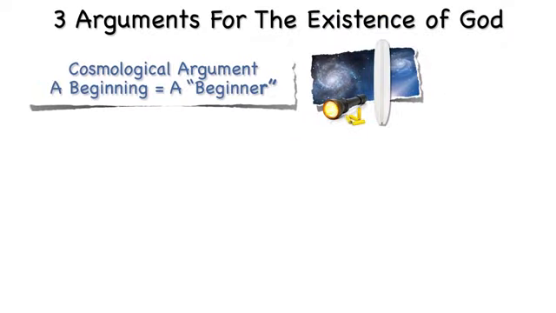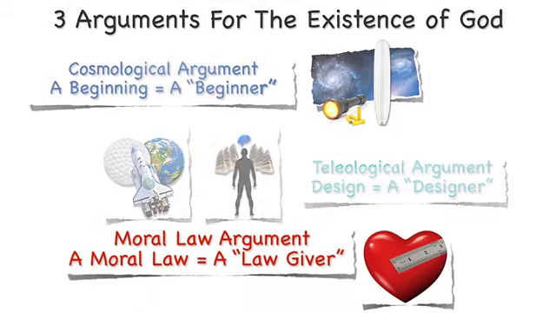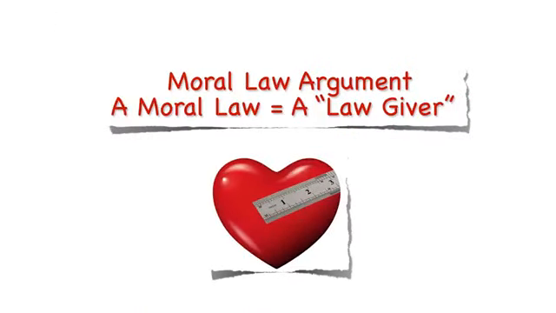So far, we have covered the cosmological argument, which can be simplified to say if the universe had a beginning, it had to have a beginner. And the teleological argument, which tells us that both the universe and life show evidence of design. And if they have been designed, they had to have a designer. We have one last argument for the existence of God left to cover, the moral law argument, which we'll cover in our next video. Now, once we finish up the moral law argument, we're going to tie everything together and show how the characteristics of the beginner, designer, and moral lawgiver that we have been studying match the very characteristics of the God of the Bible.